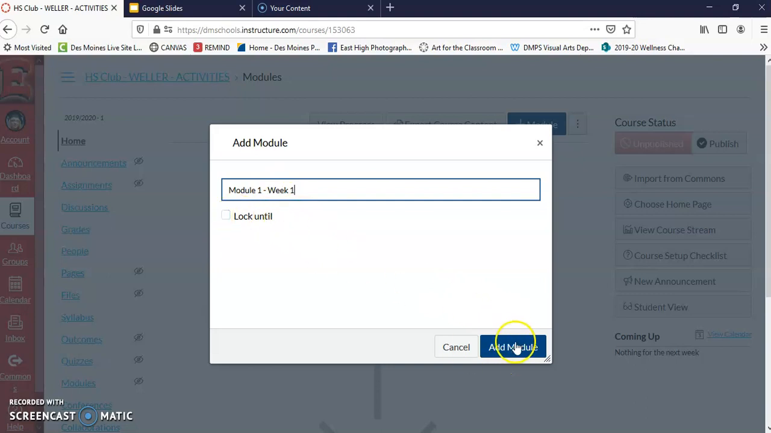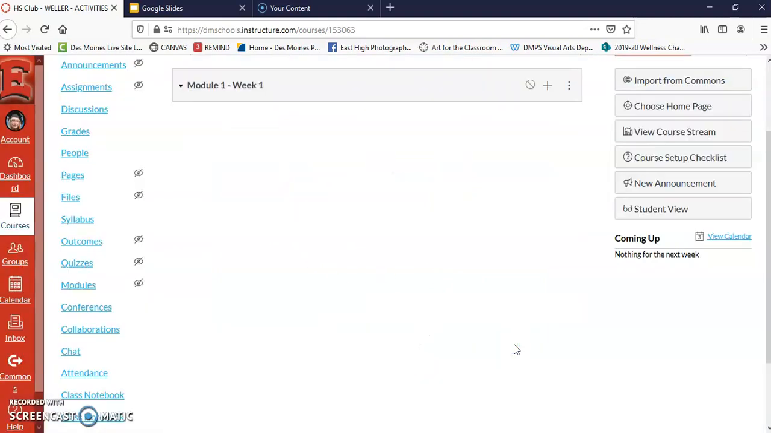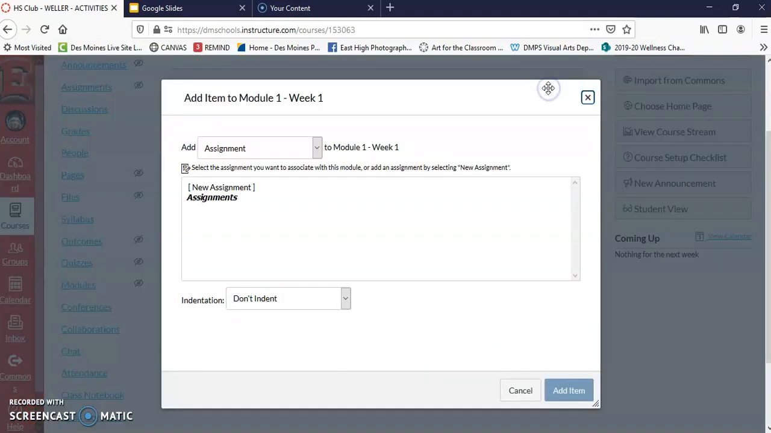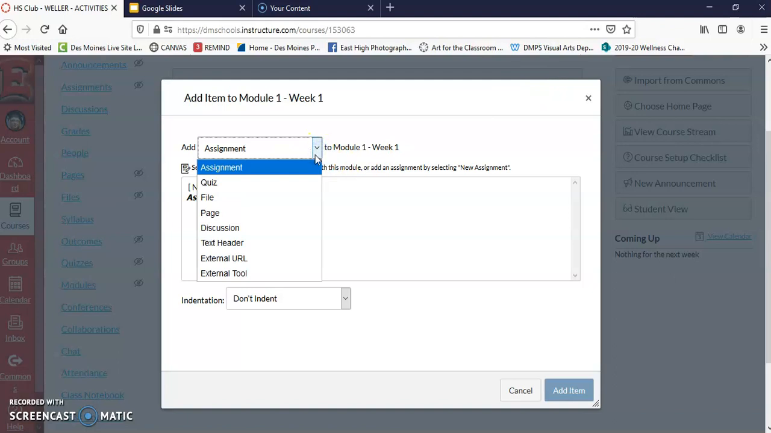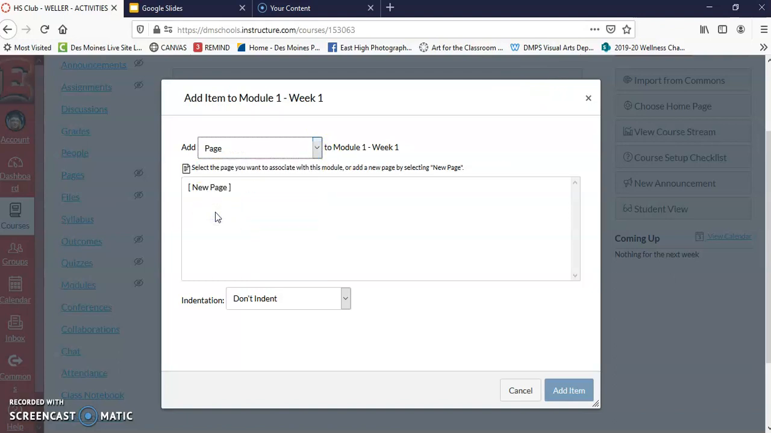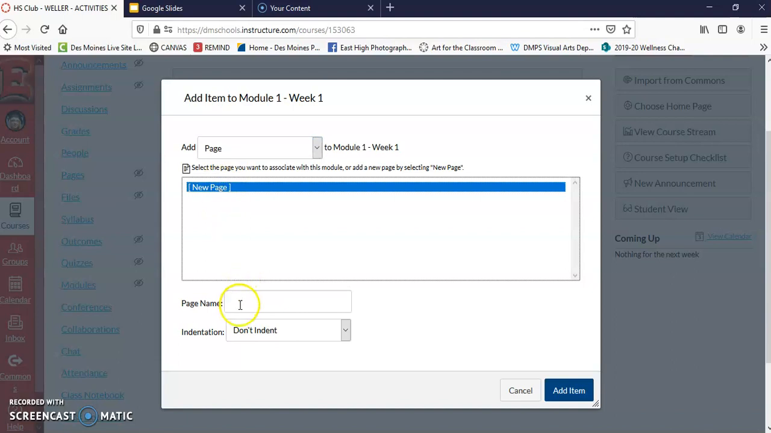You can lock it if you want. I don't think we need to do that at this point. And I'm going to do add module. From here, you get the plus sign. And then I can start to do, I always do a page first where I explain the module and all of those things. So you do a new page, give it a page name,